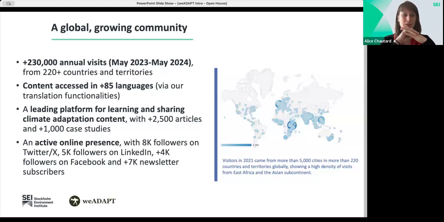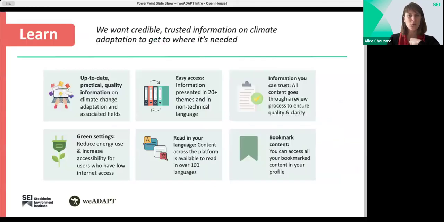The content can be accessed in different languages, and we can see from our analytics that the content on the platform is accessed in over 85 languages. So it's a leading platform for learning and sharing climate adaptation content with over 2,500 articles and 1,000 case studies. We also have an active presence online with active social media accounts, as you can see here. So what I want to do now is take you through the learn, share, and connect